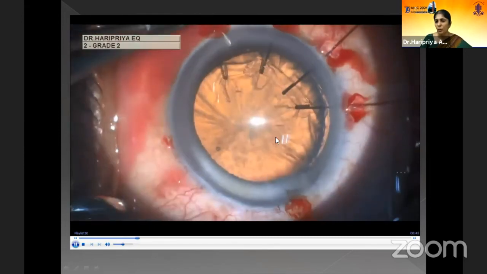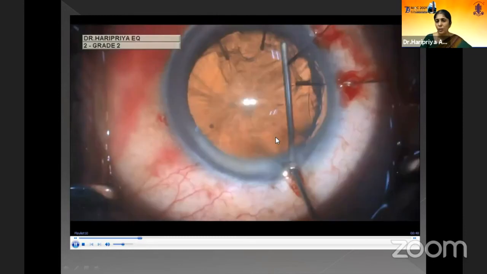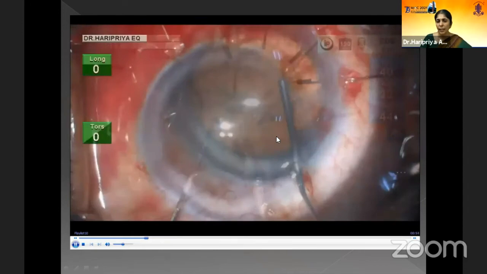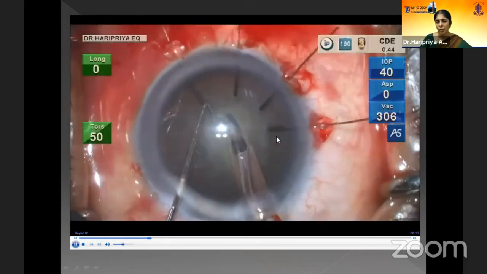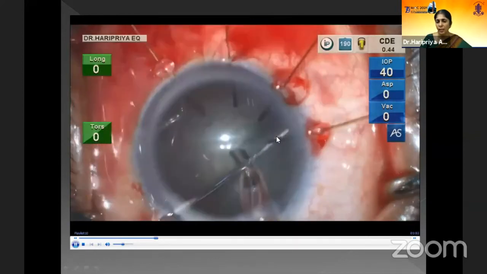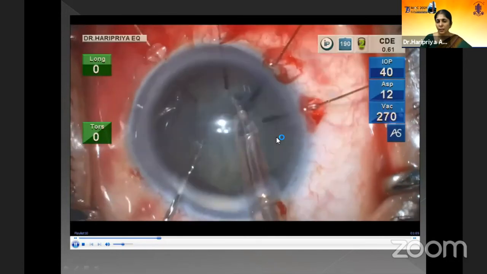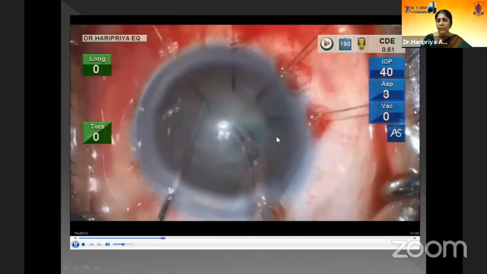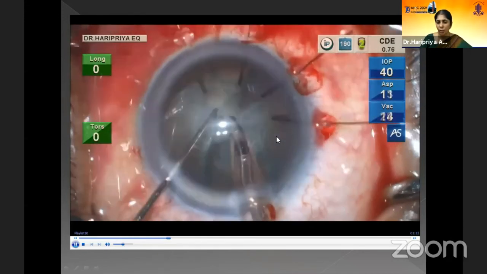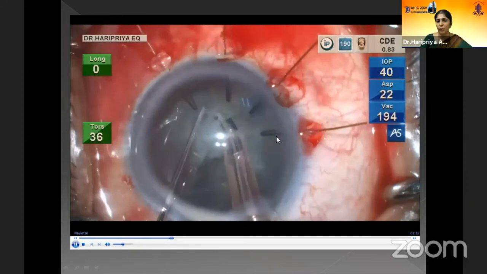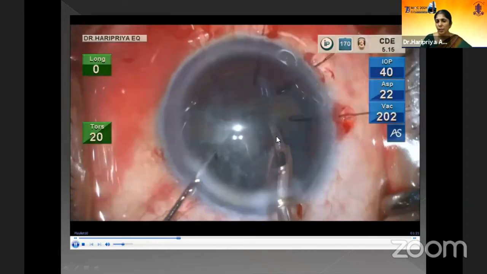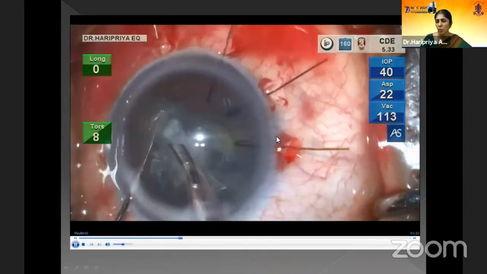So the bag is now stabilized, it is centered, but there is no CTR I have placed in this patient. The hydrodissection is being done, and then the phaco is started. In terms of phacoemulsification in these patients with lens subluxation, one has to have very careful settings, slow motion phacoemulsification. Of course, we have the benefit of good machines today. I'm using the Centurion system. IOP is about 40, so we don't want too much lens movement. You want to be very gentle. A good hydrodissection is very useful. Using adequate power and vacuum, the lens is broken down into small fragments and aspirated.